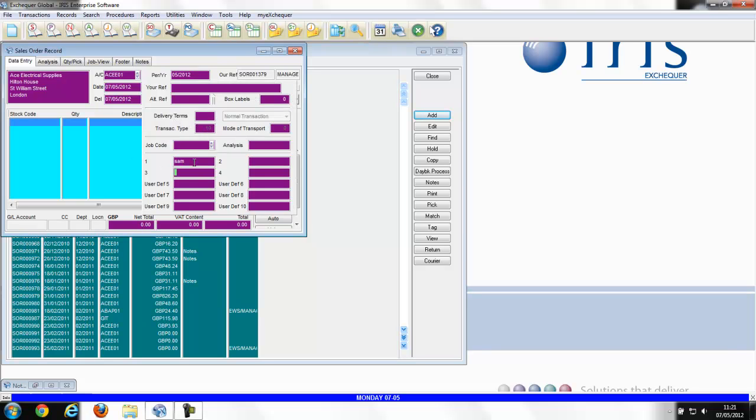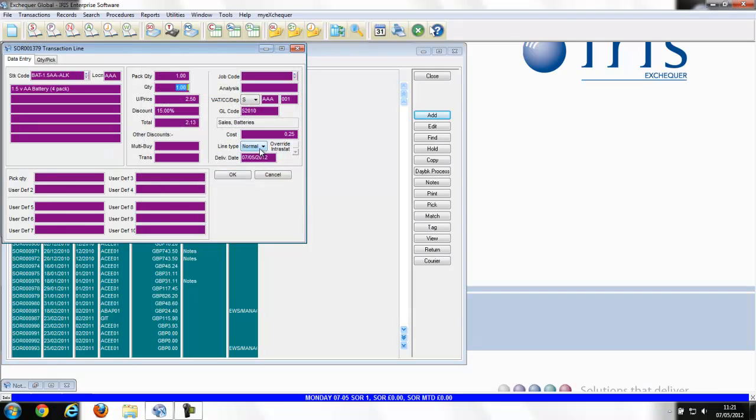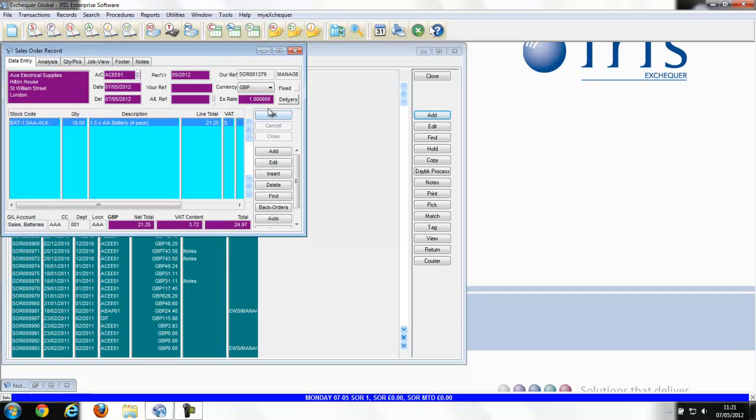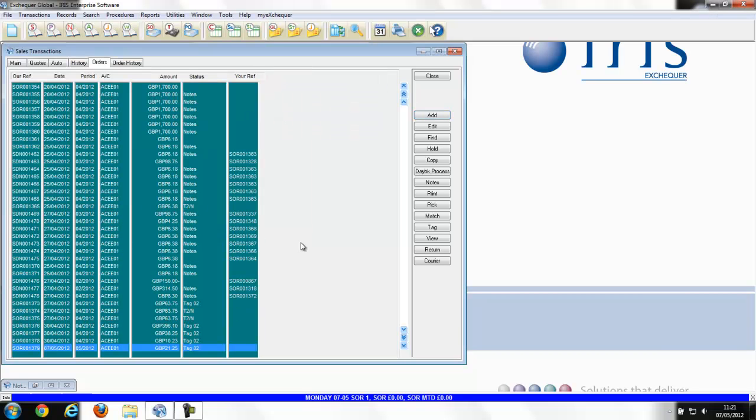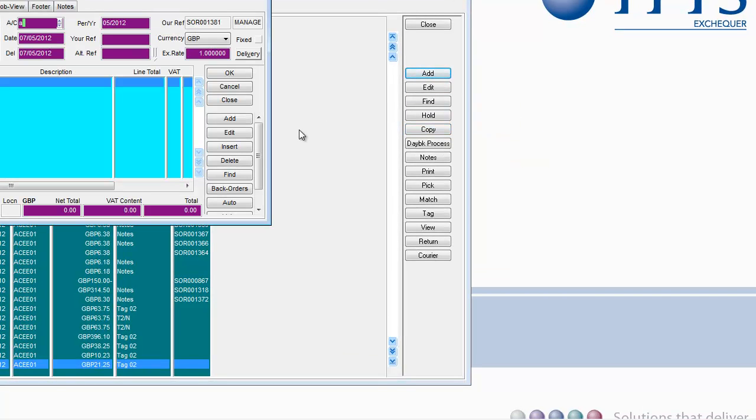So you put the sales order on exactly the same as normal. So I'll just order some batteries. There we go. So I've added one sales order on. You can see there the Infobar is updating with one sales order counted, a value of £21.25, and the month to date figure is there. So if I just copy this order just to quickly show you, add a third order,